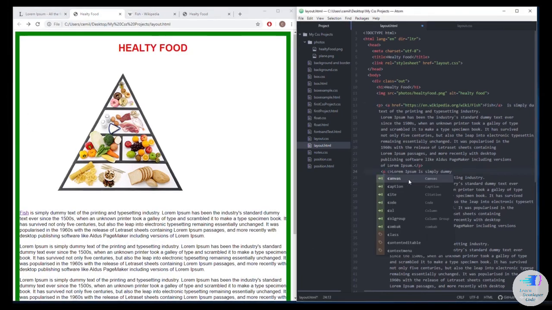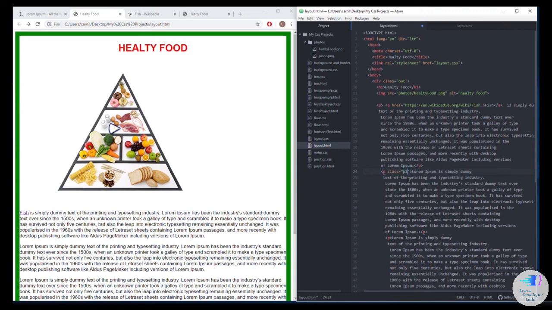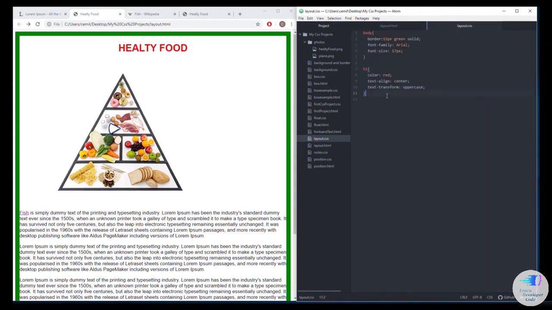Now we can specify a class for the second paragraph before we proceed to our CSS file. And we'll move on to the CSS file and put in our latest features. First, specify the properties for